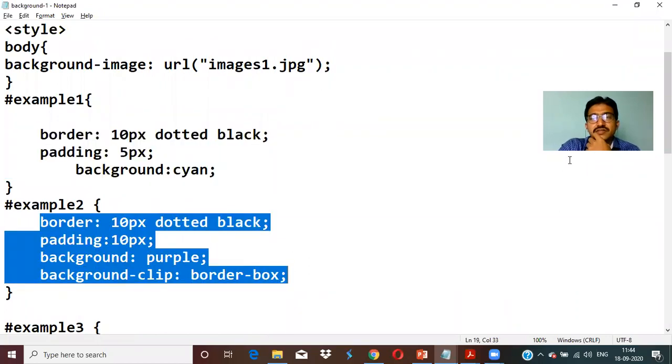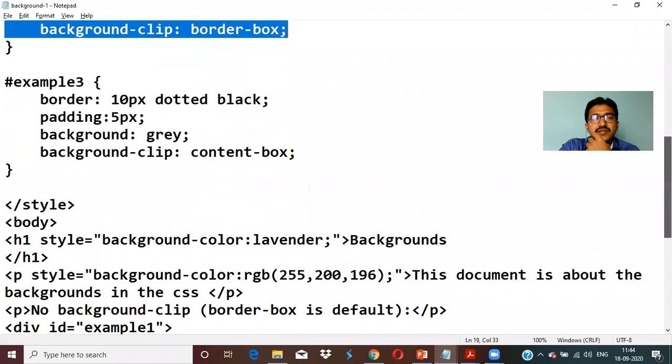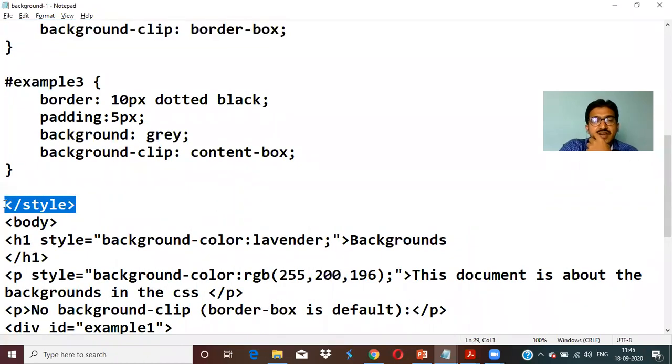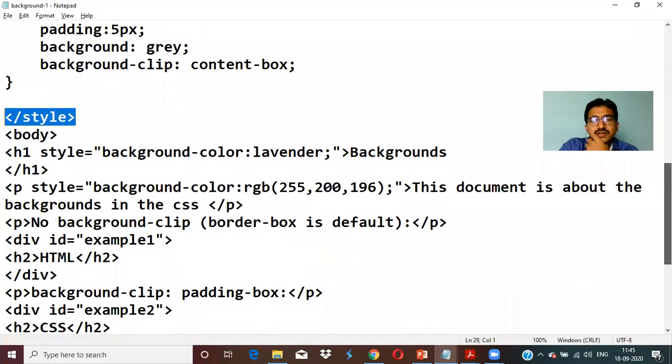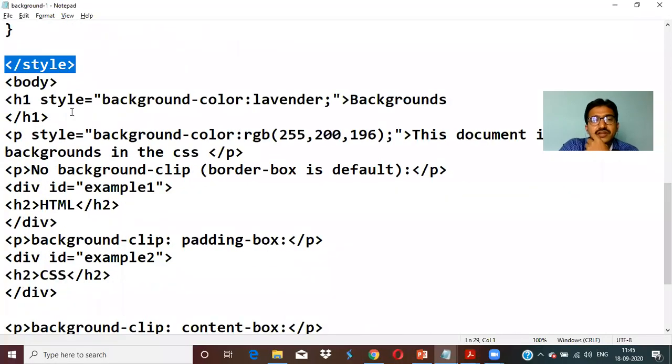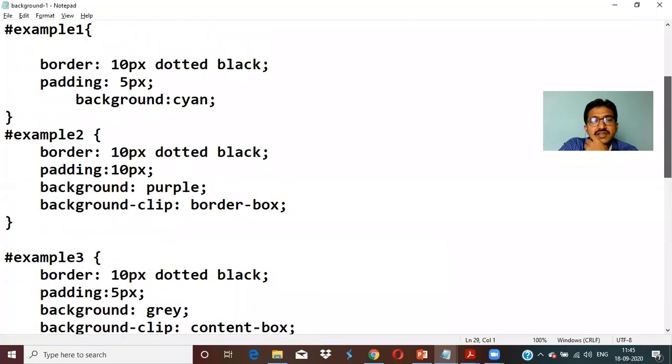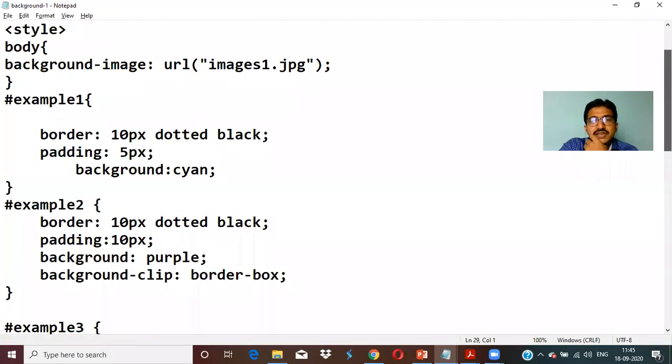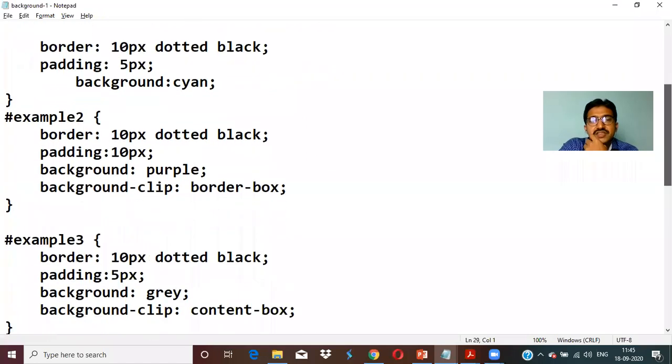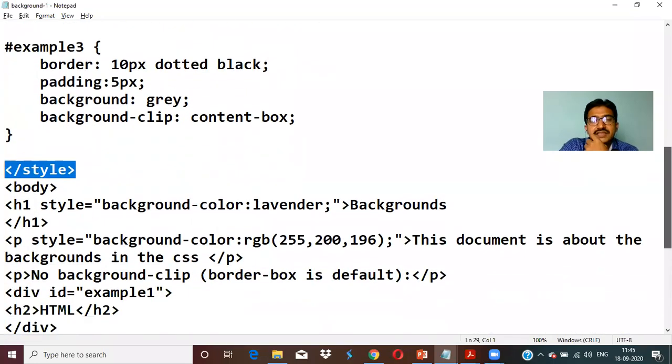So all these are the different styles we added, and all that is added in the opening style and ending style. Now you are applying to the body. Now in the body, here H1. Now what are the elements here? The selectors. One is body selector, another is example 1, example 2, example 3. All three are ID selectors.